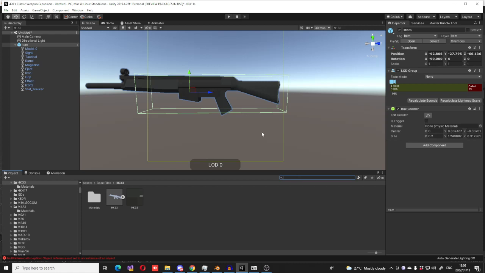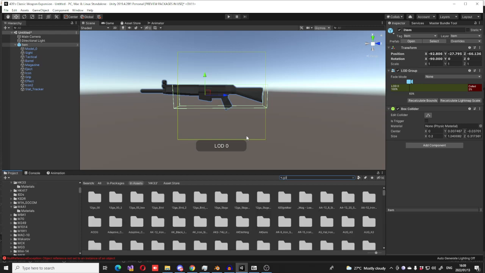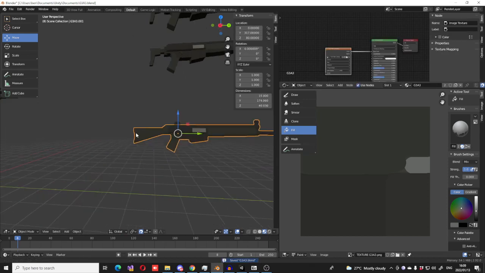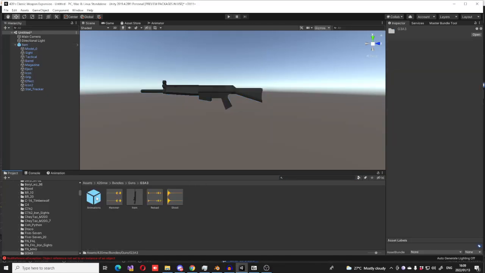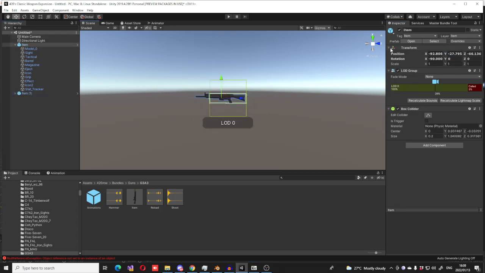Secondly, you might need to scale your model. So mine is a pretty decent scale. However, this gun, if you don't know, is based on a G3. It's like a G3 variant. And I've already got a G3 that I've made here. So I'm going to, okay, this is now in the wrong place, but I'm just going to